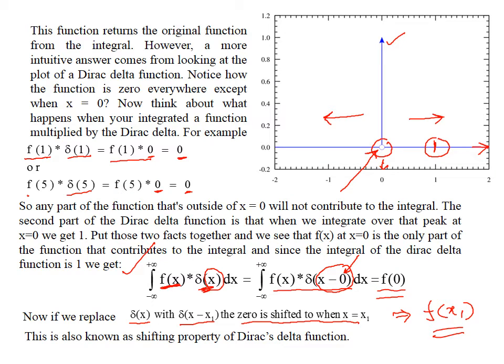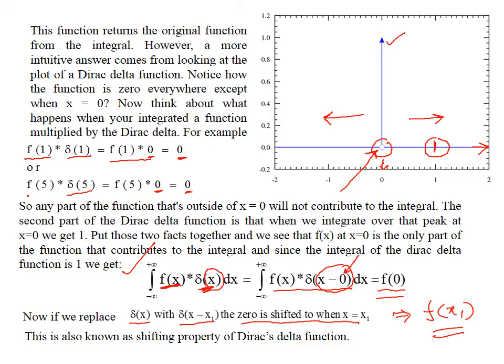In this figure, you can see I have discussed the first property of Dirac's delta function, which is also known as the shifting property. In the figure you have seen that at this point where x is equal to 0, the function shoots up to infinity. Towards the left hand side and towards the right hand side it is 0.